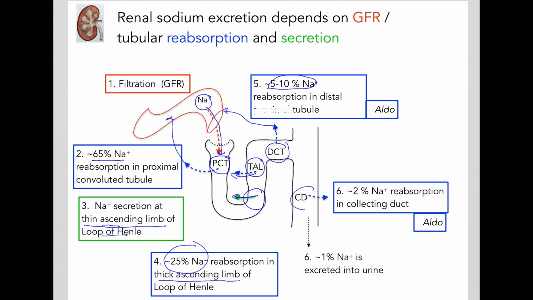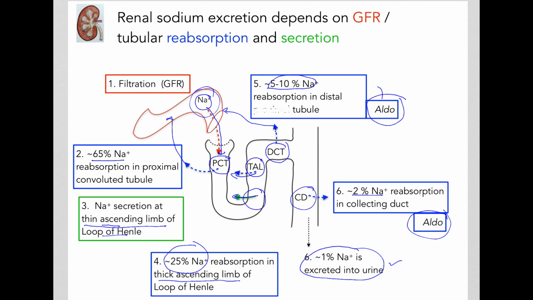And in the collecting duct, about 2% of the sodium is reabsorbed back into the bloodstream. So this means at the end, only about 1% of the sodium that is filtered is excreted into the urine. Also, please note the hormone aldosterone, which we'll talk about in the next video under the renin-angiotensin system, a very important system,